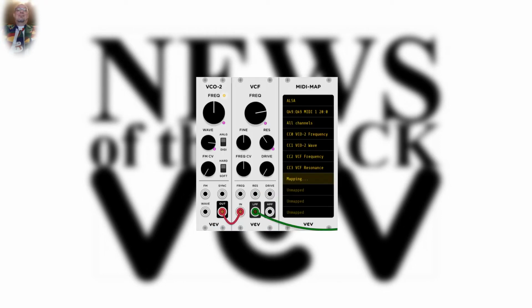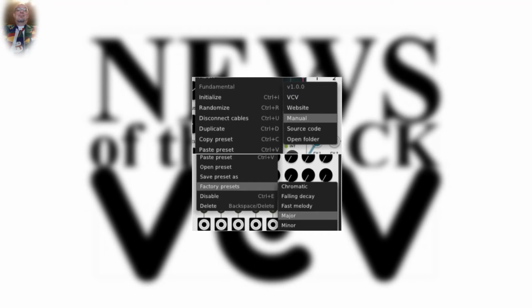MIDI-CC parameter control of the modules is made easier by the new MIDI map module added in VCV Rack 1.0, because each MIDI-CC parameter can be assigned directly to a parameter of the module. The context menu is extended. It is still called by a right-click on the module, but submenus are now also possible for manuals, links to